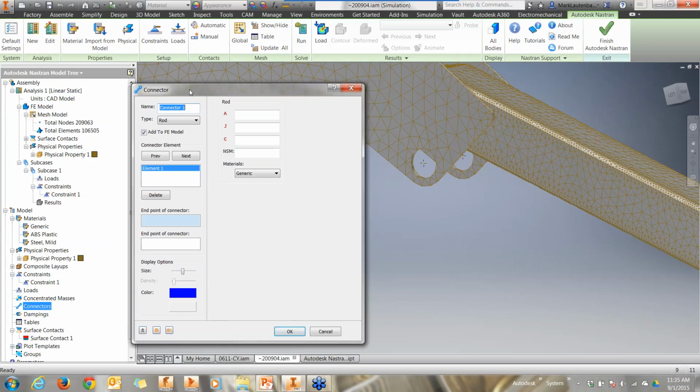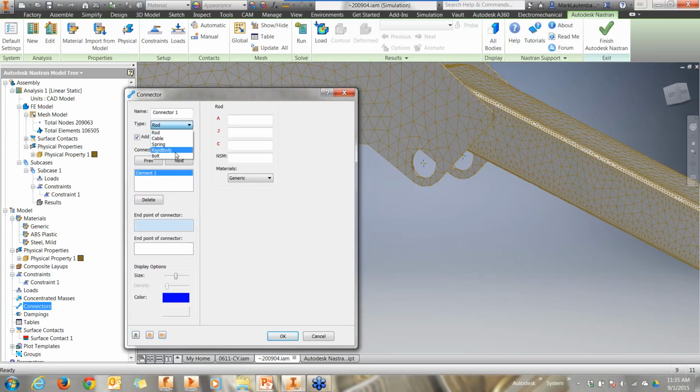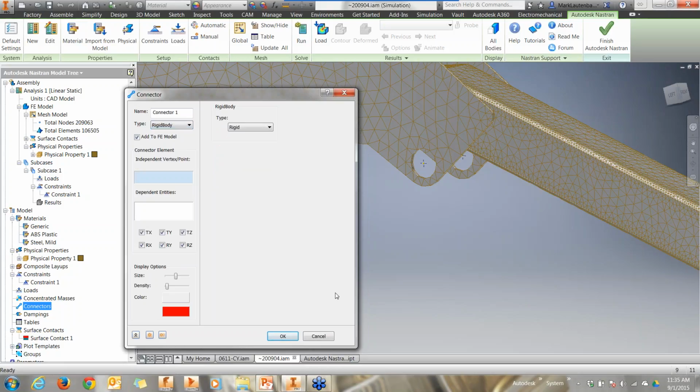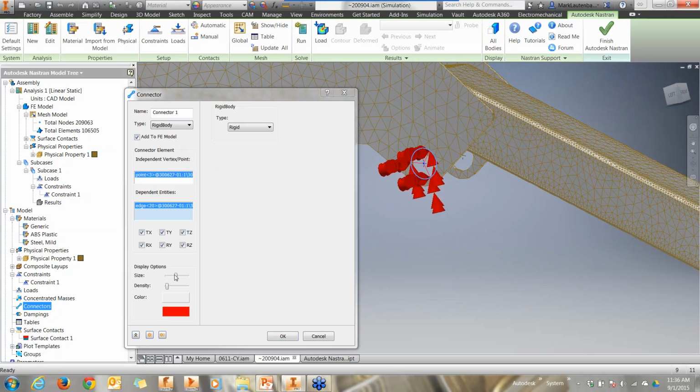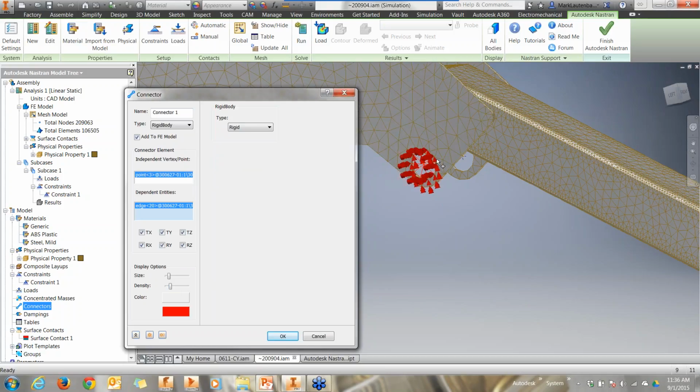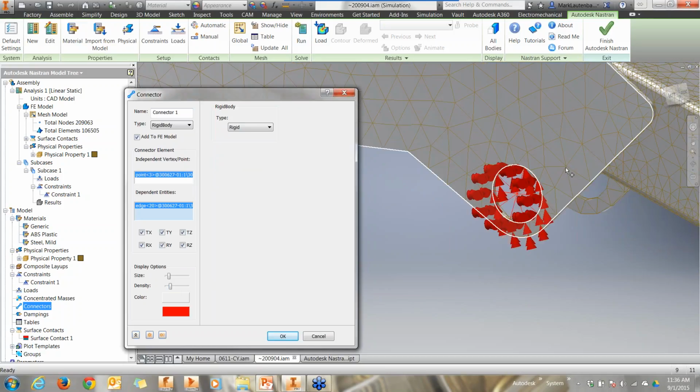And the connector in there, you can see I can put rods, cables, springs, but it's a rigid body. Because I have two different locations, I need to create these rigid body connectors in the center there. And I can just change the display size. So I've got a rigid body connector at that point, and then I'll make another one